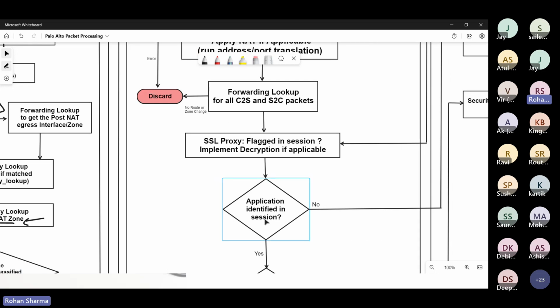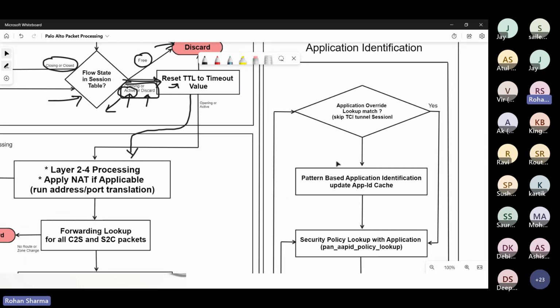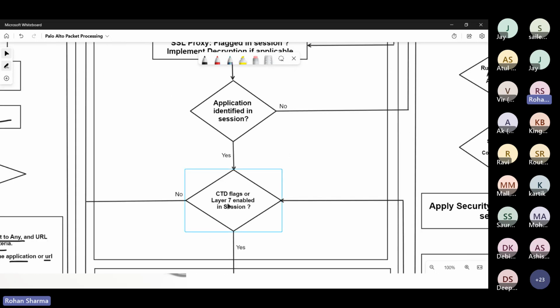So now this is a SYN packet. It does not have the data information, so you cannot identify the application, right? Here, when we do this check, it will say application identified in this session: no. It will try to do the app identification, but you don't have data, right? When you don't have data, you won't be able to identify it. To correctly identify your application, you need at least 10 to 15 data packets, right? So for a SYN packet, this entire module will be skipped, and then it will enter into CTD flags or layer